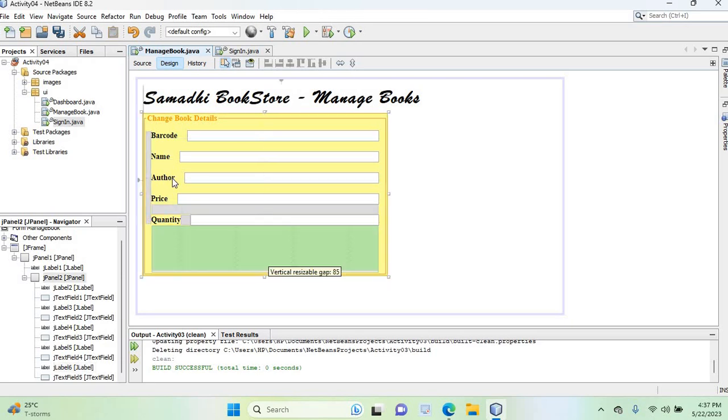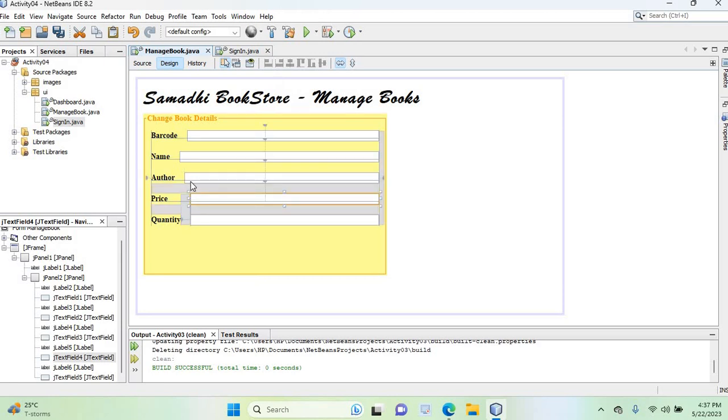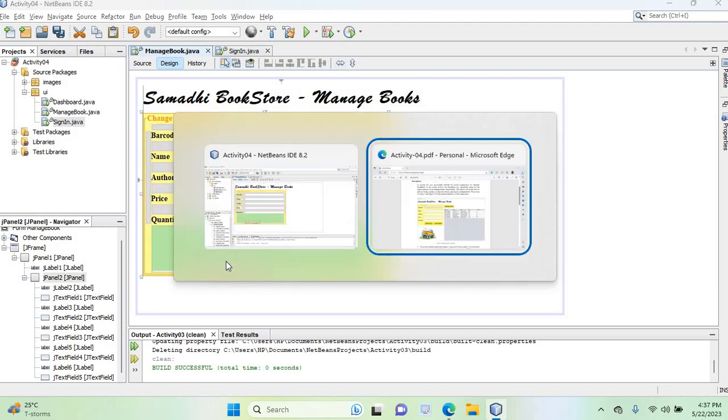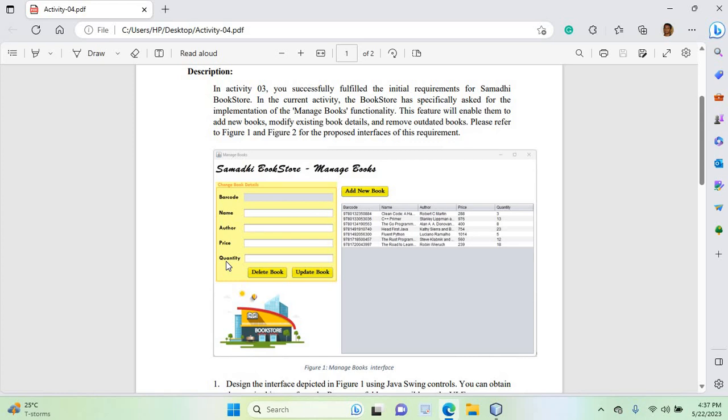Okay, so likewise I'm going to change it. So now we will align this like this. Okay, now this is the change book details area, and here you can see the barcode